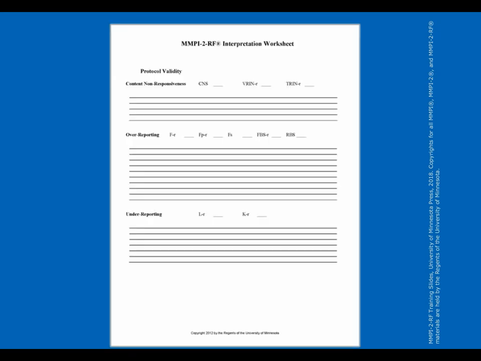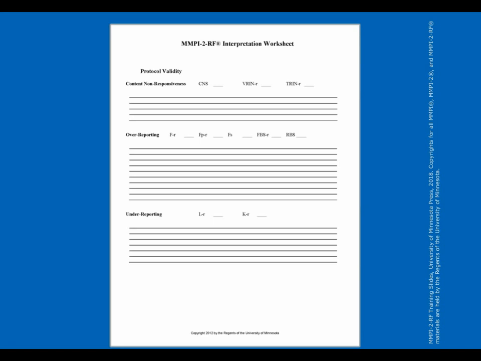Here on the first page of the interpretation worksheet, we have the protocol validity scales, which are, of course, interpreted first. And these are broken out into the 3 major protocol validity concerns of content non-responsiveness, over-reporting, and under-reporting. And for each of these areas, we have the scales that assess these protocol validity issues. And the little lines next to them is where you write in the T-scores for these scales for an individual's profile. And then underneath each of the areas, we have some lines there where you would write in your interpretation